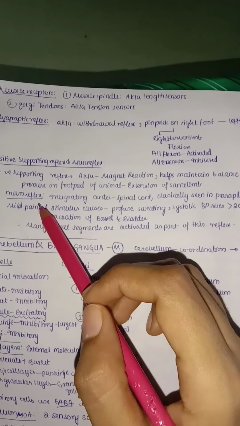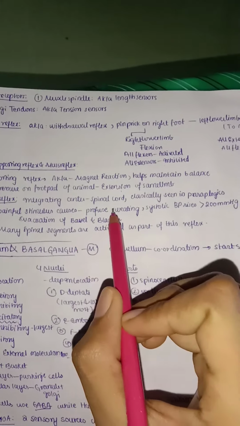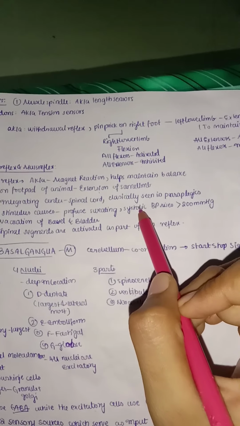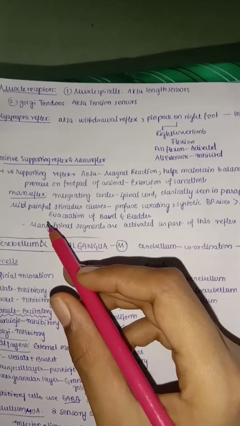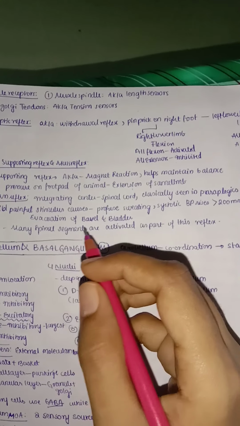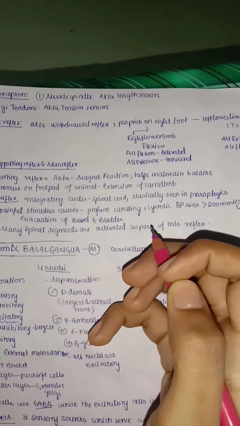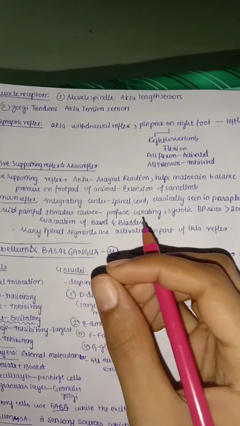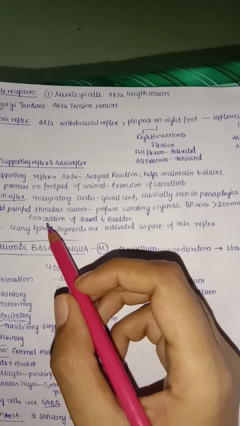And the mass reflex. Mass reflex is an integrating center. For the mass reflex we have the integrating center of the spinal cord, and it is classically seen in paraplegia. In paraplegic people, a mild painful stimulus causes profuse sweating, and systolic blood pressure rises to greater than 200 millimeters. So just for a mild painful stimulus only, they'll have more sweating, and also they'll have higher blood pressures and evacuation